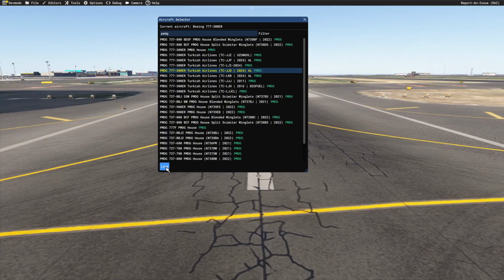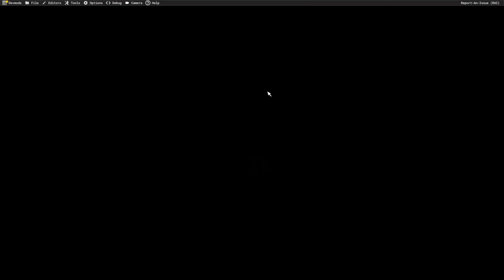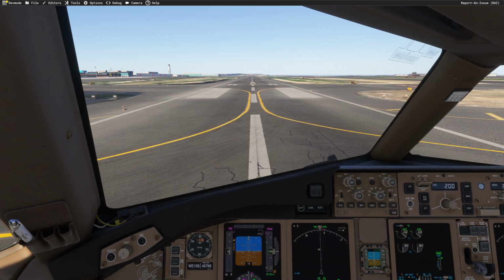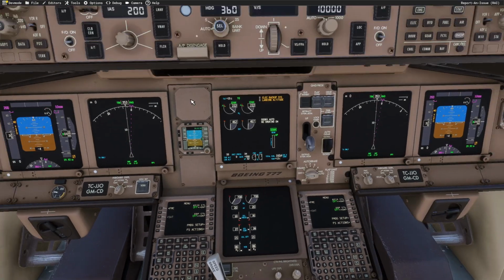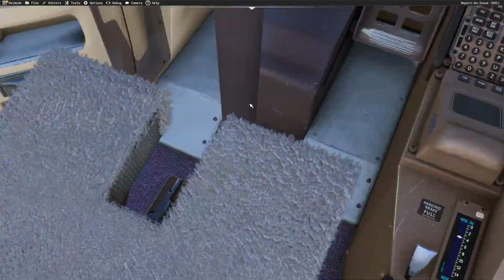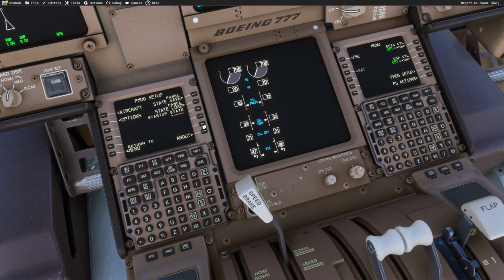Let me show you how it works anyway. Just click load. Now see, all of the screens will go a couple of times, this and that, just let it work. It will start up. Now what he said, basically electric backup systems, generators, so you're going to have a whole host of problems. So what you would do is you go to the PMDG setup, load,